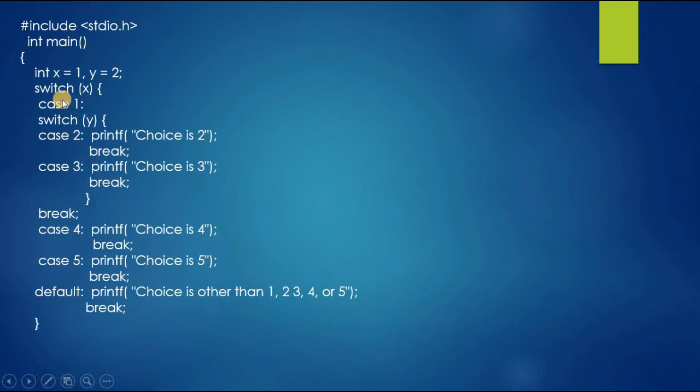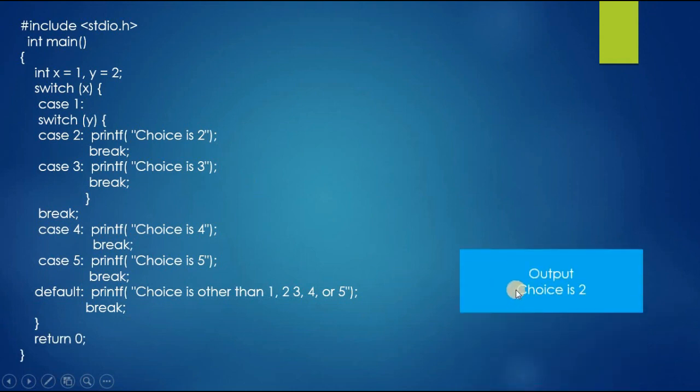Here we declared a condition switch x, where x is equal to 1, so it will go to case 1, and inside case 1 we declared the switch y, where y is equal to 2, so it will go to case 2 and we will get the output as choice is 2. We get this output because we declared y is equal to 2.